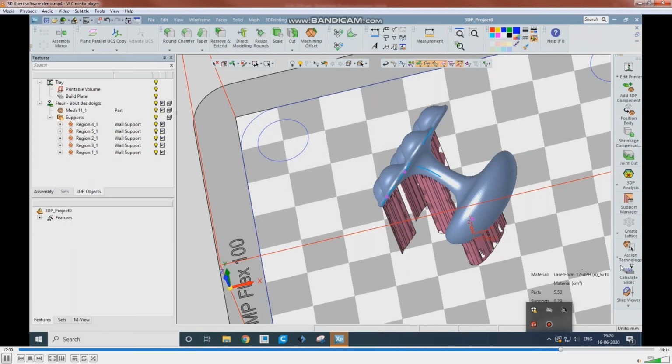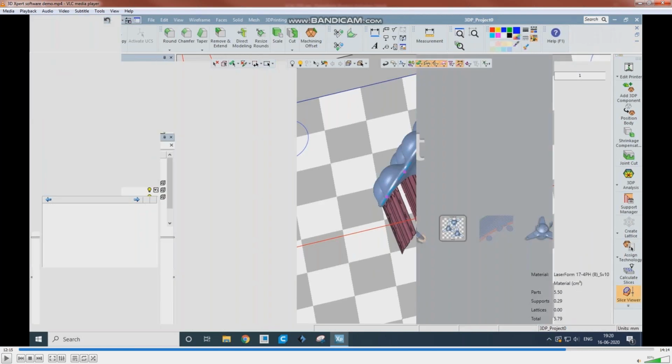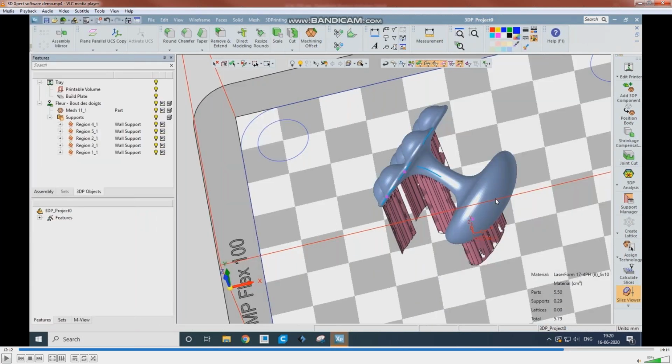Now you can see the slices. In the slice viewer you can see the 1451 layers have come. And here one more thing, I have not given the infill pattern. Okay, because I may go for the infill density like 10 or 20 or 50, whatever it is.